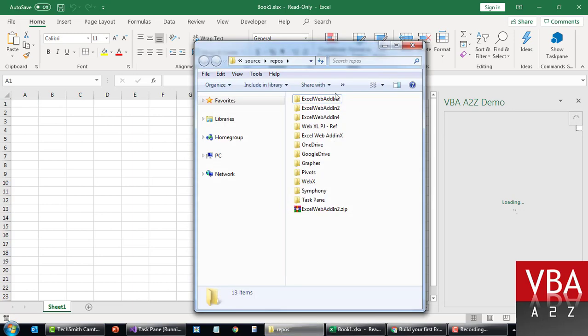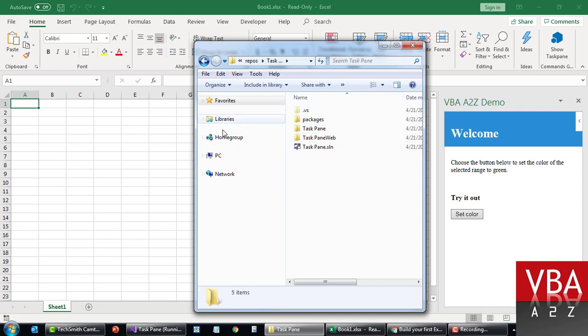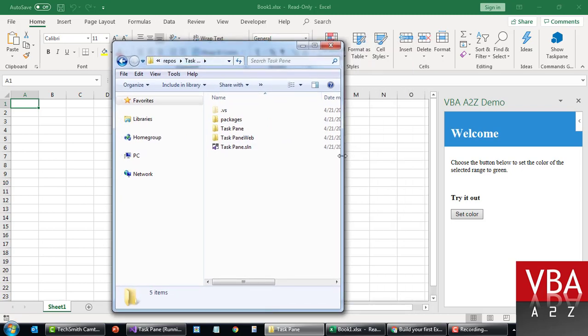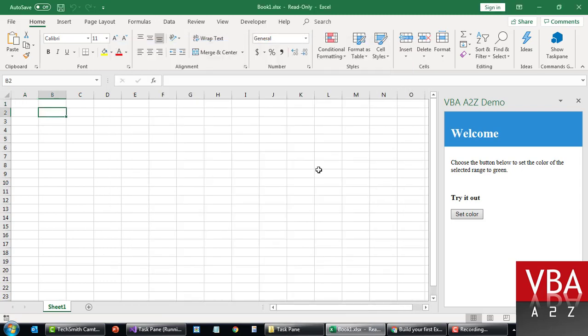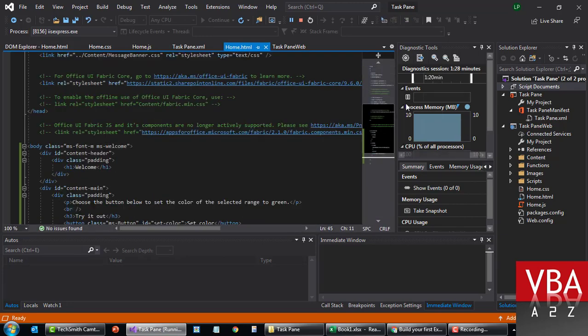So if I go to the folder where it is saved, I think we call this Task Pane, and then these are all the files within it. For example, if I select this and click on set color, it's gonna set this color. Okay, now going back here quickly to the JavaScript home. Okay, so once more,